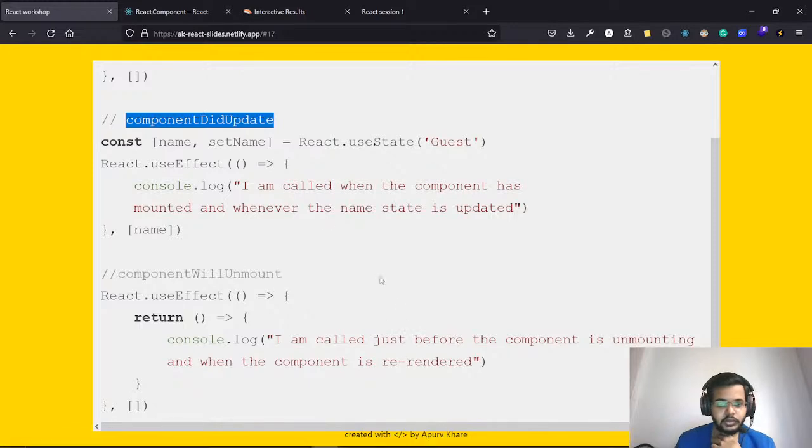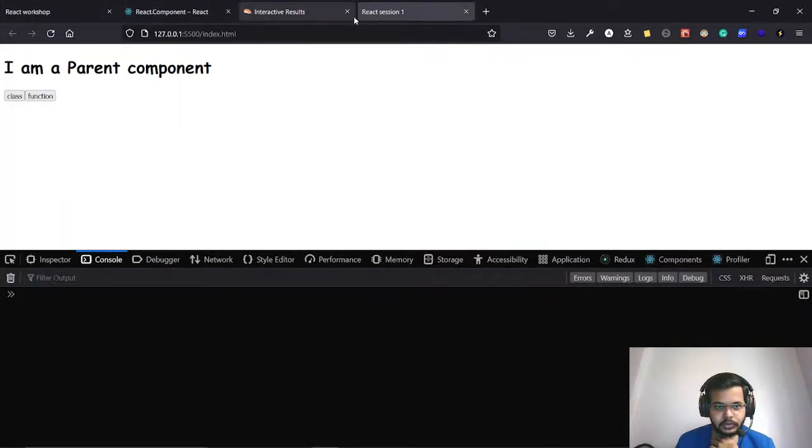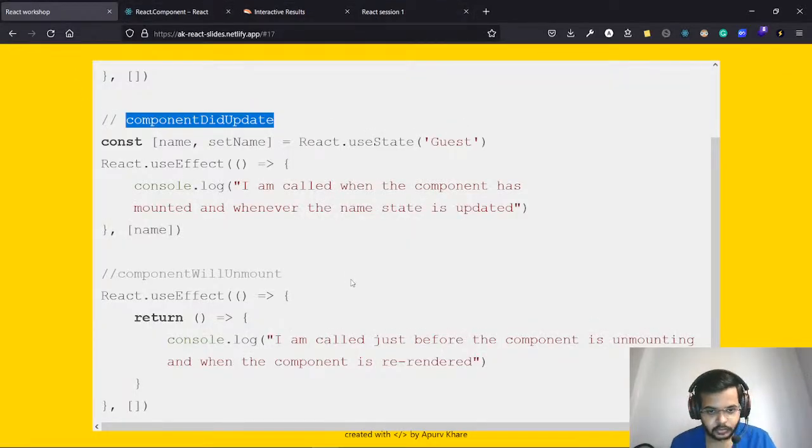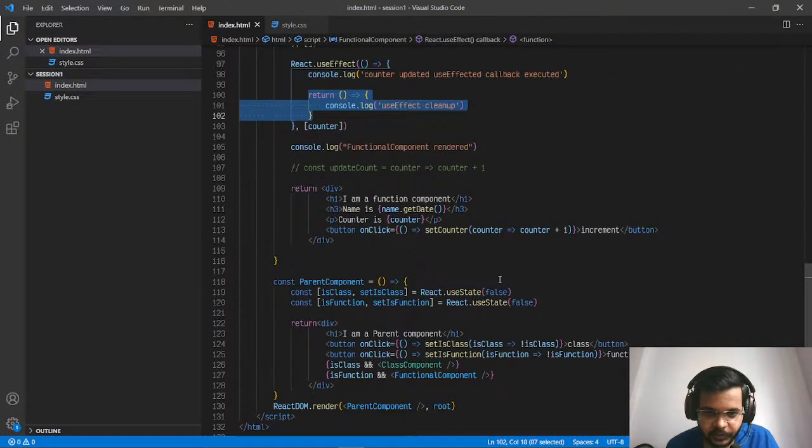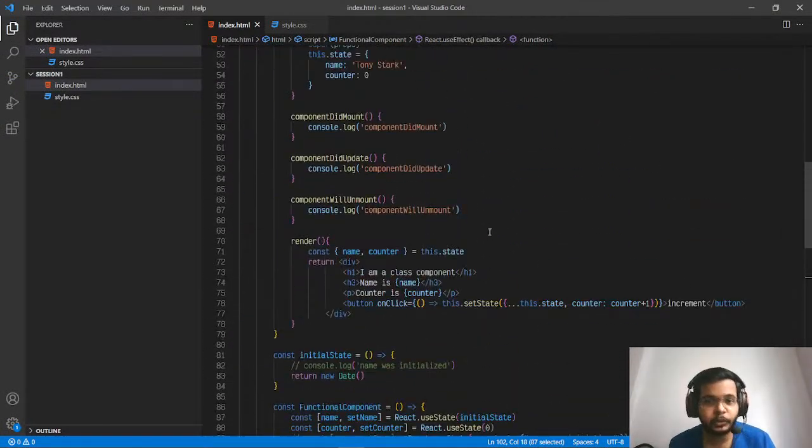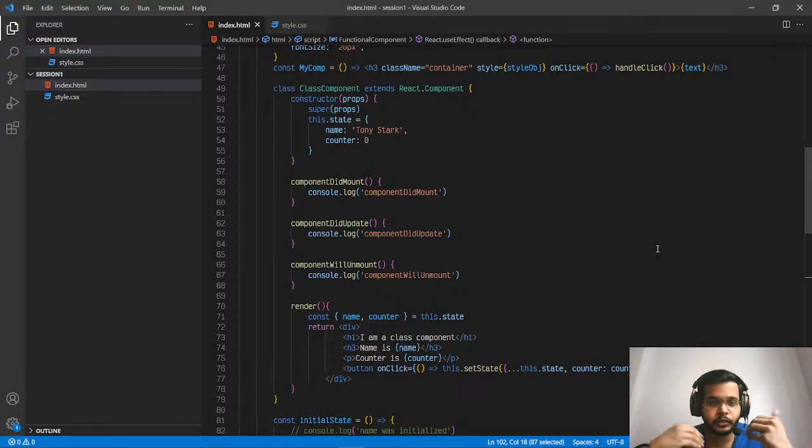Okay, so I think we have covered a lot of stuff in today's session, and I hope you are able to understand it, because it's not that I just want to cover stuff. You should be able to understand all of it. So now let me know in chat whether you were able to understand, or otherwise I'll clear doubts. I'm pausing it over here. I'm not taking any more new concepts, but if there are any doubts, I can